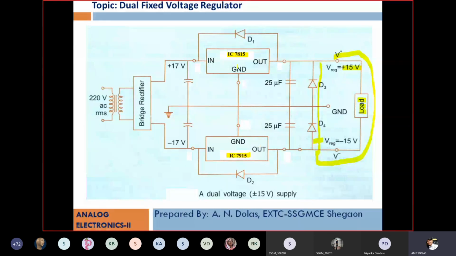You can also consider the reverse case. There will not be latch up of the 7815 as negative supply is here. The diodes D1, D3 and D4 will be forward biased with very little voltage across them, that is 0.7. Thereby it will not latch any of the ICs and proper functioning is possible. It is called a clamping diode.